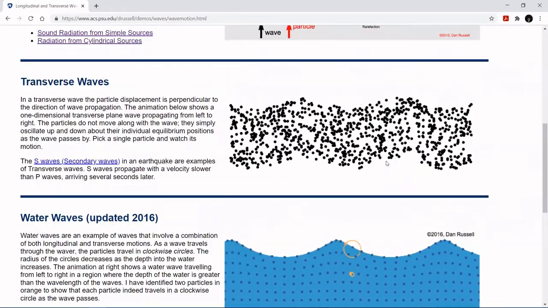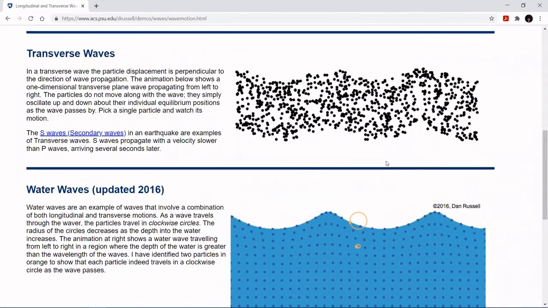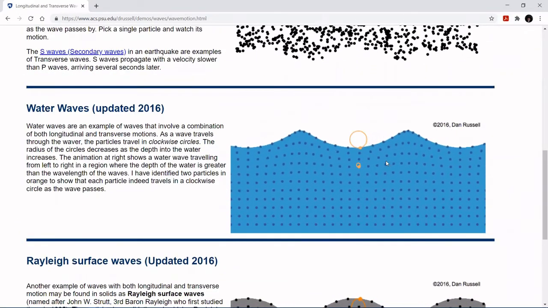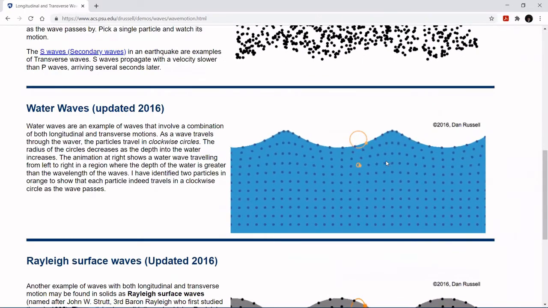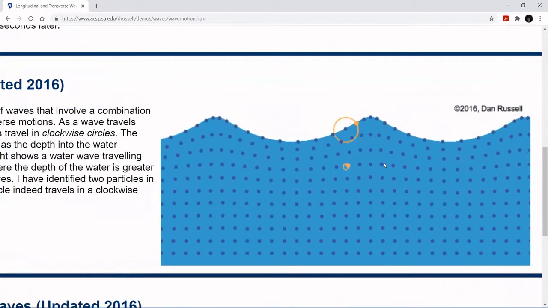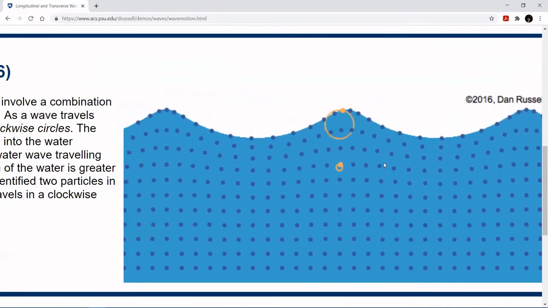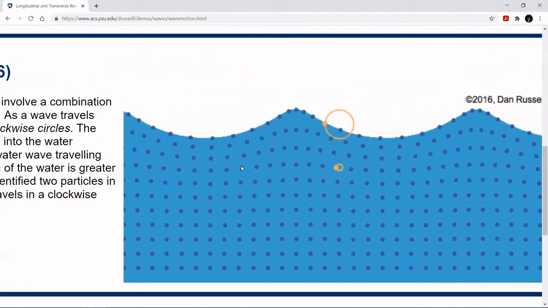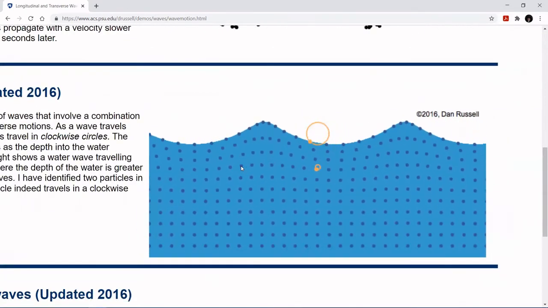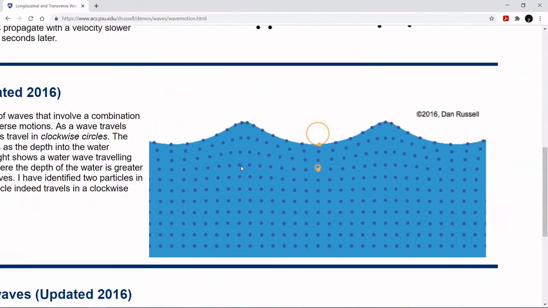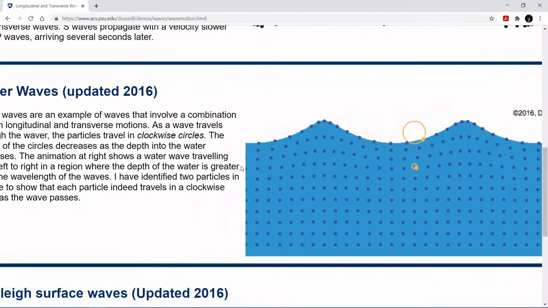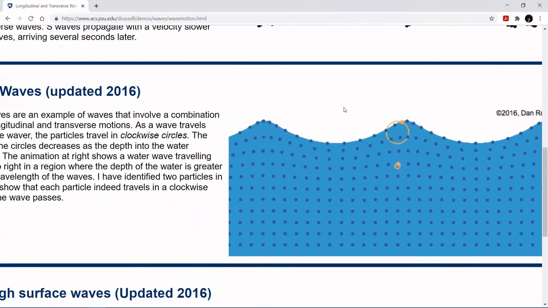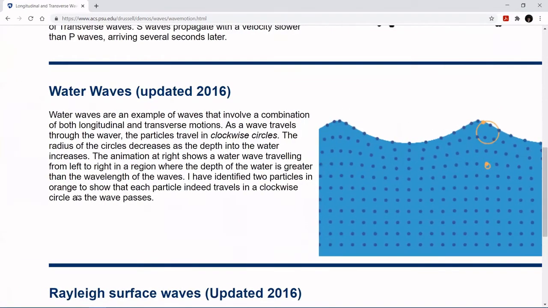So you don't want to be misled by these first two examples into thinking that all waves involve strictly longitudinal or strictly transverse oscillations. Evidently, water waves involve simultaneous oscillation along both axes. Now, I've never studied this branch of physics in any depth, but evidently it's known that in water waves, the particles move in circles. And I think they even tell you,